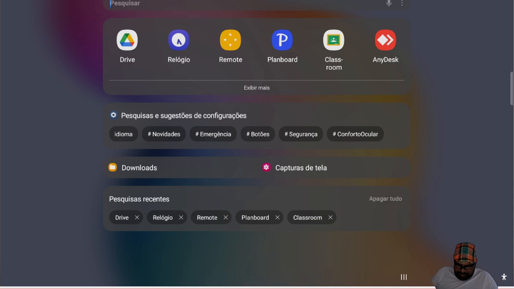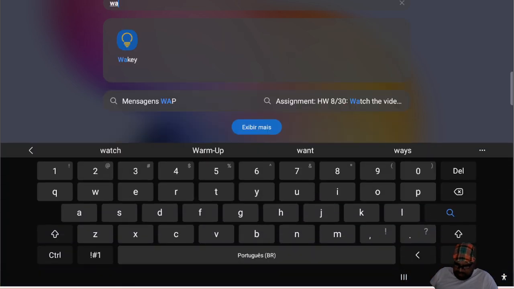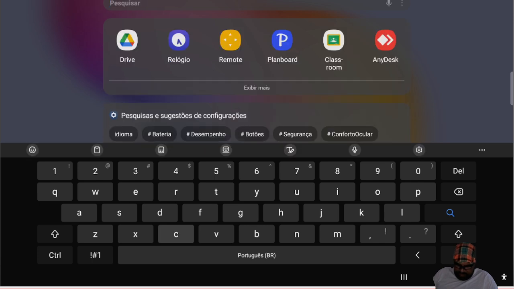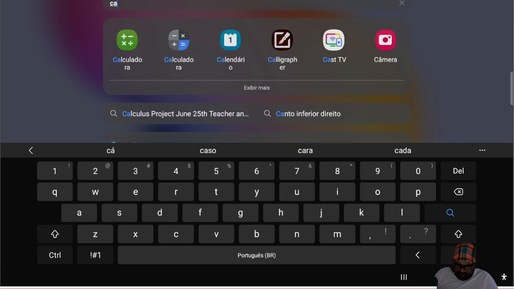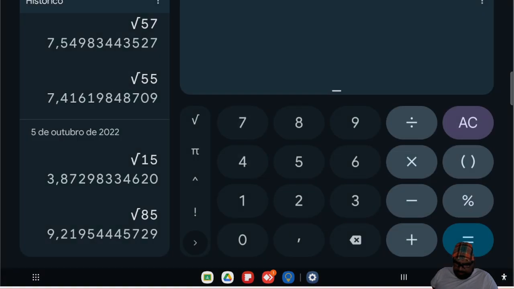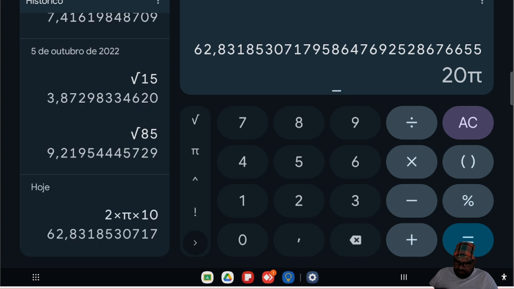Let's open my calculator here. Okay, just clear all this. 2 times pi times 10, which is